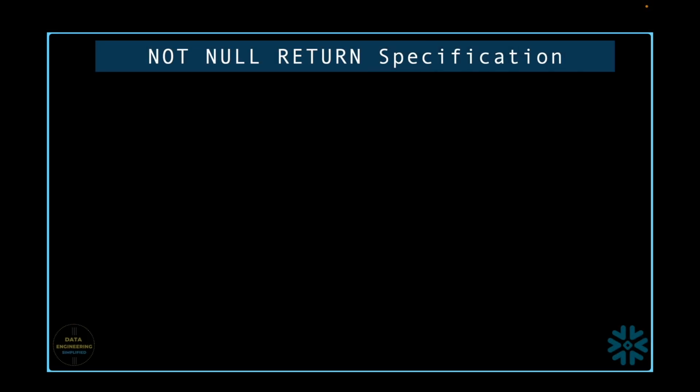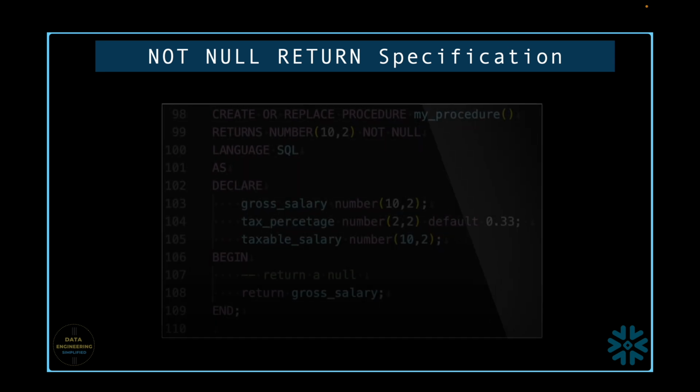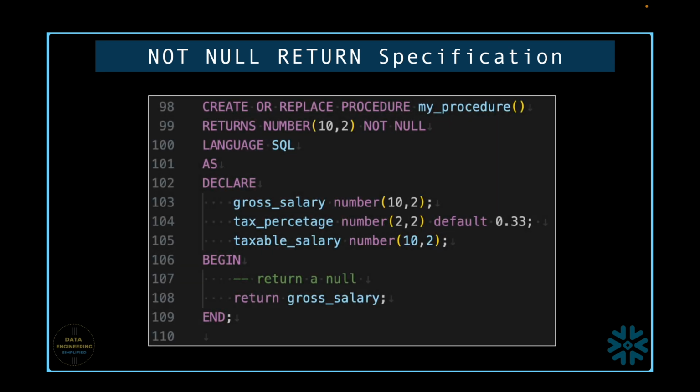While creating a stored proc using Snowflake scripting, it is possible to specify the not null return value. If you look into this example, the variable gross salary is declared in the declare body. The begin end body has no logic and it's not assigning any value to the gross salary. Hence, gross salary is initialized with null value at line number 103, and finally in line number 108 it is